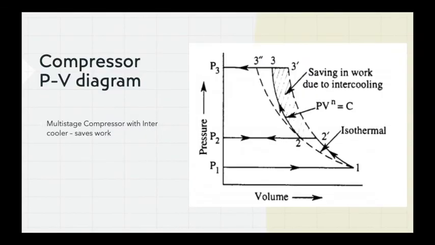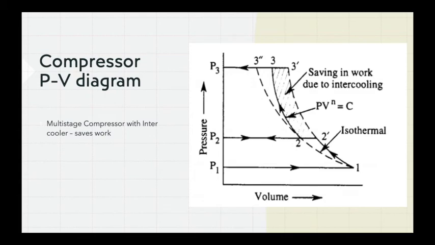So this is a PV diagram of any compressed air system. This PV diagram can be used for single stage compressors and for multi-stage compressors also. Now, if I have a single stage compressor, and my required output of air which is desired is at pressure P3, then the total work done which I have to spend on the compressor to get the desired output of P3 is the area P1, 1, 3 dash and P3. This area under the curve represents the total work done needed by me to get the output of air at pressure P3.